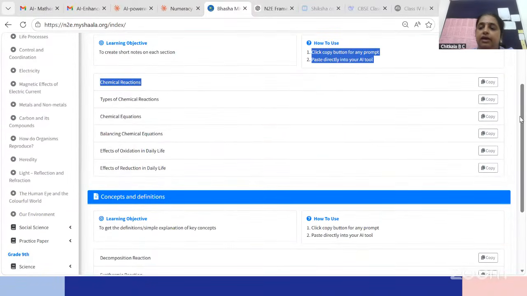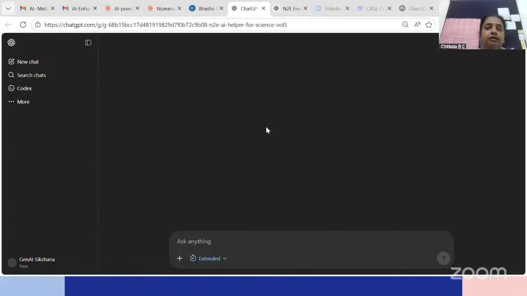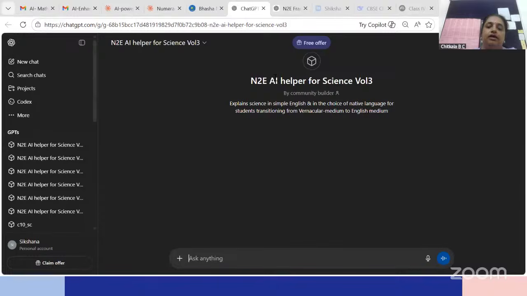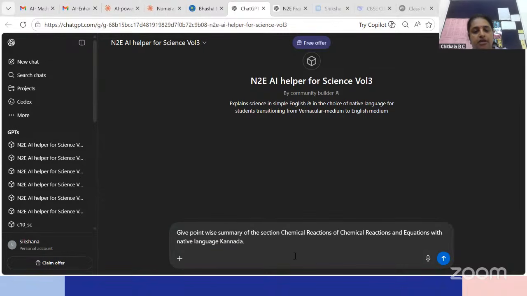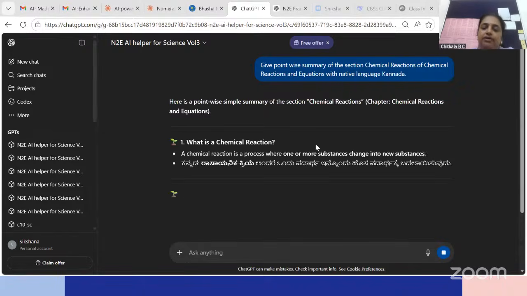So here we have a launch AI button, so that if the student already has a ChatGPT login, then it will take them to the custom GPT window. And then here you come down and paste the prompt. So this is an optimized prompt, and then they don't have to type it. And once they paste it, then AI will start interacting with the students.